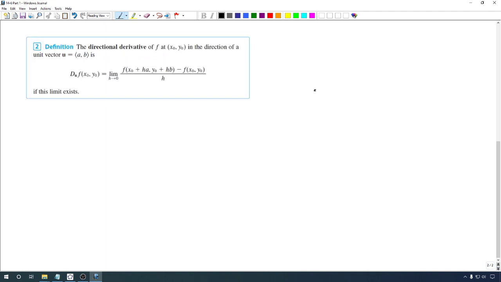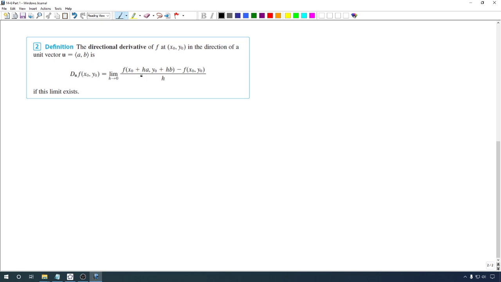So let's give a notation and a name to this thing. We are going to call this the directional derivative of our function at this point. And specifically, if we're talking about a direction that's given by a unit vector, it's d sub that unit vector applied to our function, and we just use our normal limit definition for the derivative. Just instead of putting x,